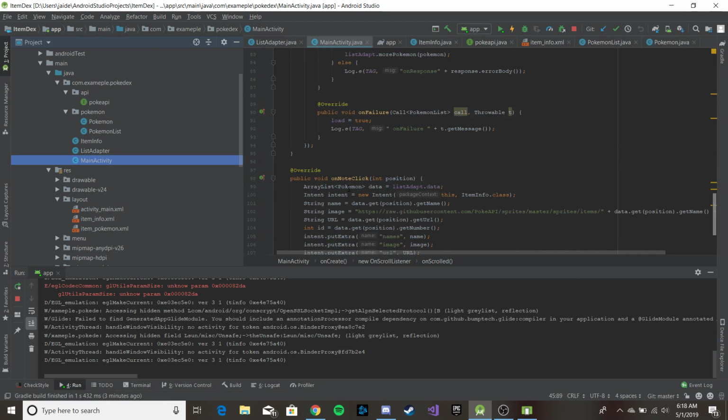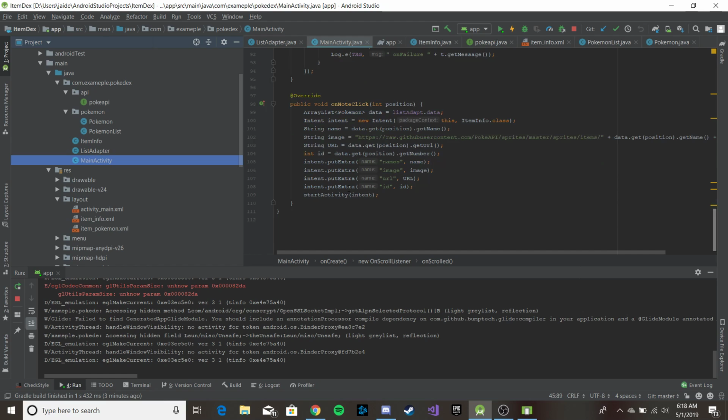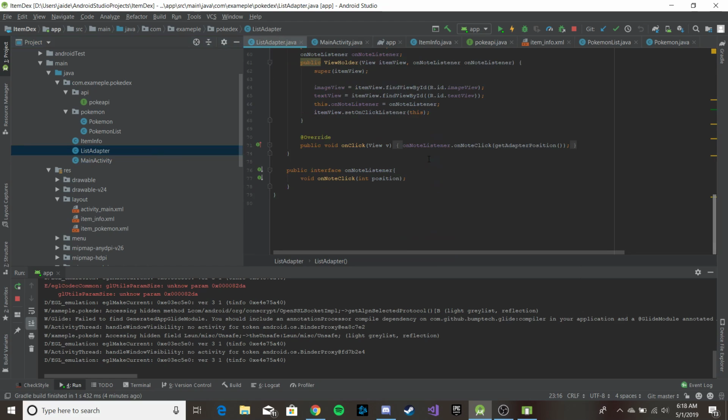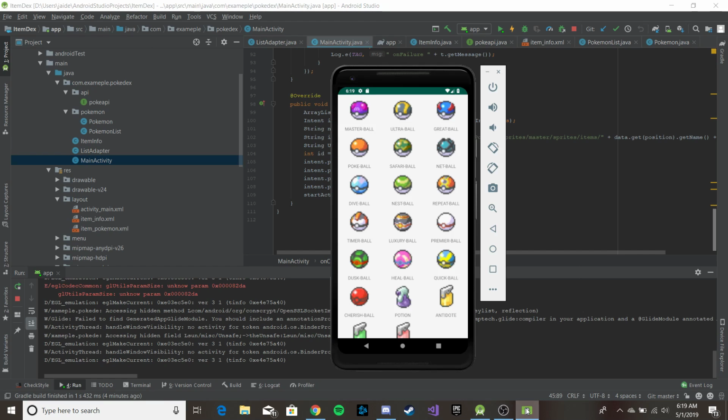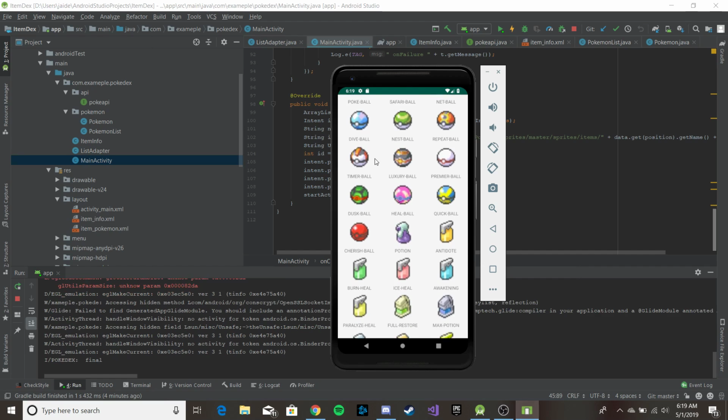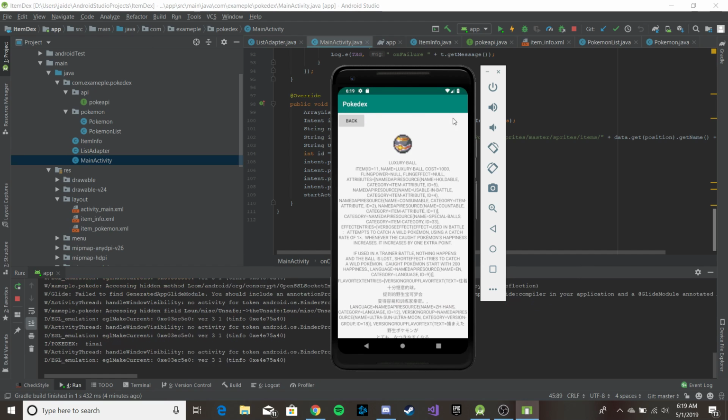And also, the way that we switched between the two activities was with an on click method for the recycler view that was instantiated with an interface that was created inside the list adapter class. And so when we switch between the main activity and the item info activity by pressing any one of the items that pops up on the screen,